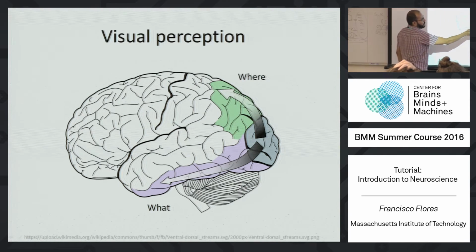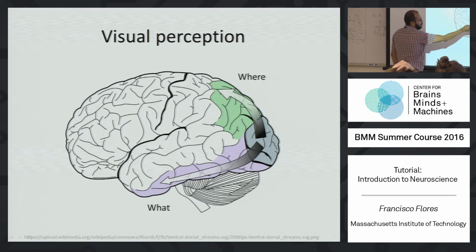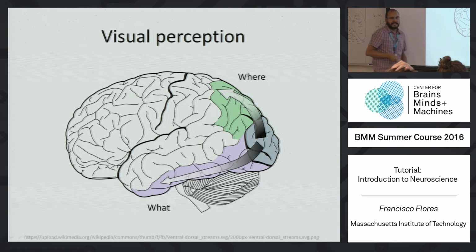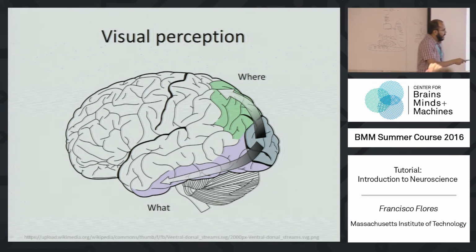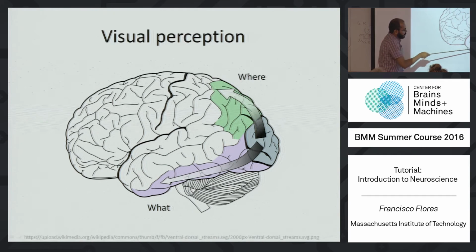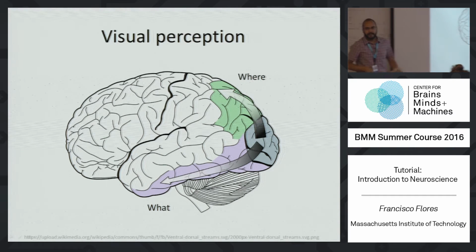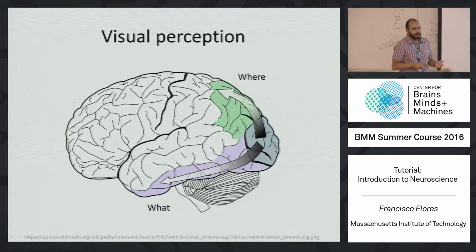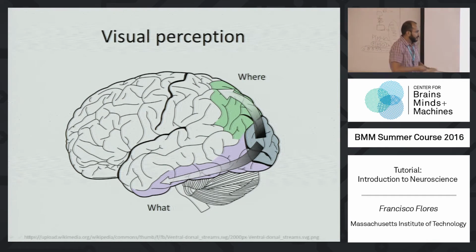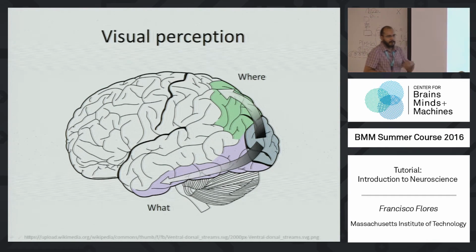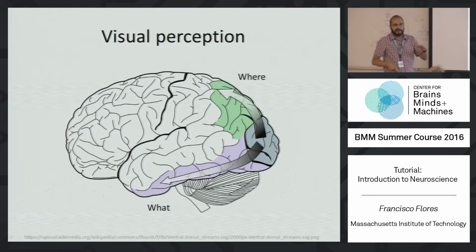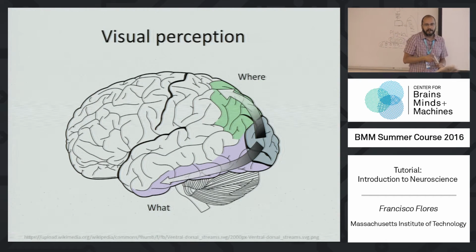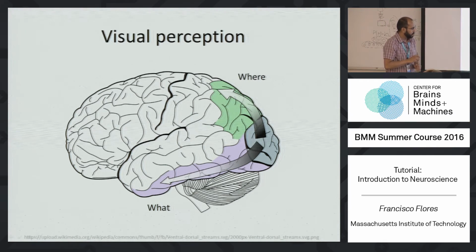And typically those cells project towards the more parietal cortex of the brain, where there are cells that are very specialized in detecting movement and detecting where objects are. On the other side, some other cells project more towards what is called the what pathway, where neurons are more specialized in detecting what the objects are. So representations here become more and more abstract, and these neurons, instead of responding to simple bars or simple dots, can respond to actual faces or more complicated shapes.